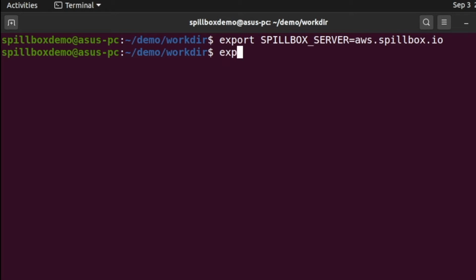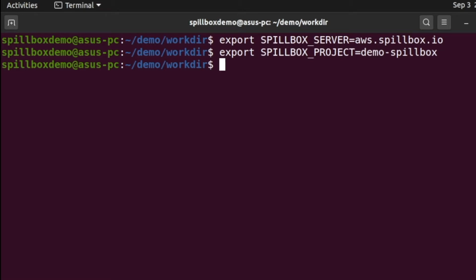So this is one, and then I set up the project, Spillbox project. User can have multiple projects, so that's why we have to specify which project this is. So you specify this using the environment variable. And I have demo Spillbox. Okay, now to set up the project on the cloud,